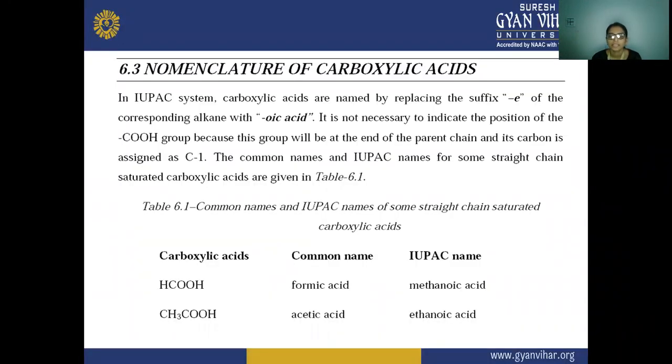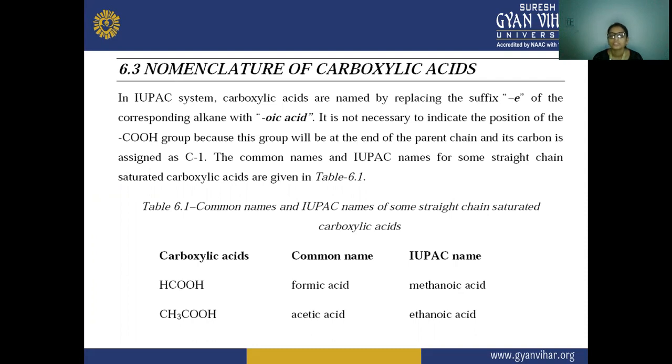In this IUPAC system, if we have to name this carboxylic acid, we have to replace the suffix E from the corresponding alkane, and by replacing this E, we use the suffix oic acid. This oic acid is given when the carboxylic acid is present in the chain or in the